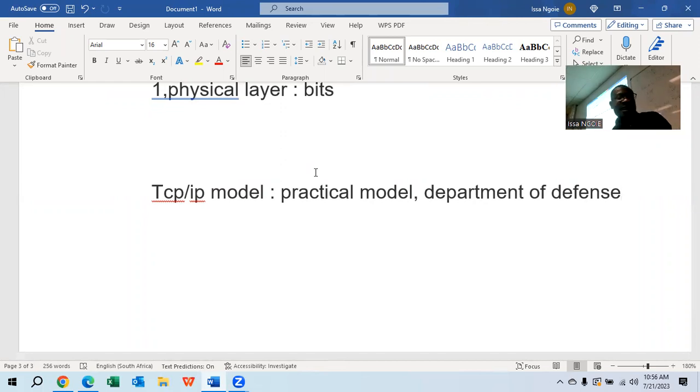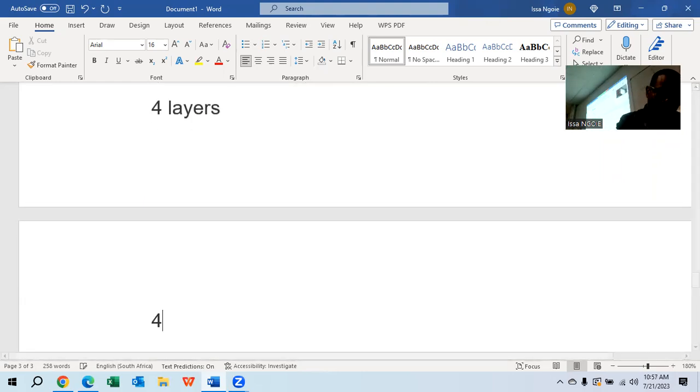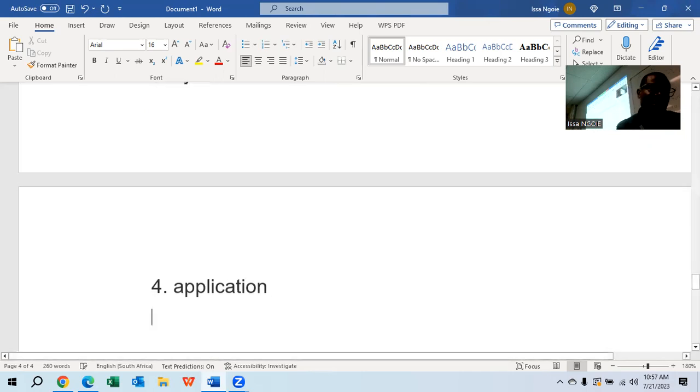Now, guys, the TCP/IP model comes with 4 layers. This is the main difference, right? OSI model, 7 layers. TCP/IP, 4 layers. Don't forget about this one. This one has only 4 layers. What is the first layer? Number 4, still the application layer. There is no change. They can ask you which layer from the TCP/IP model matches the OSI model. The application layer doesn't change. Number 4 for them, also for this one, it's the application.